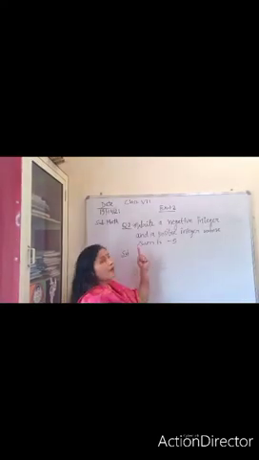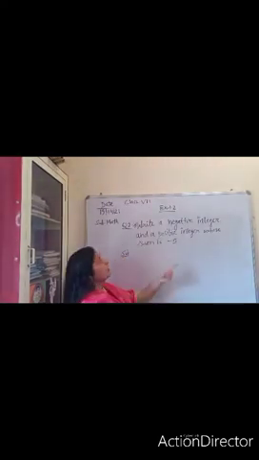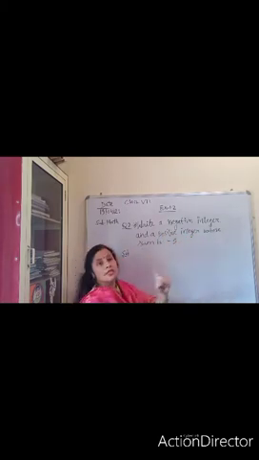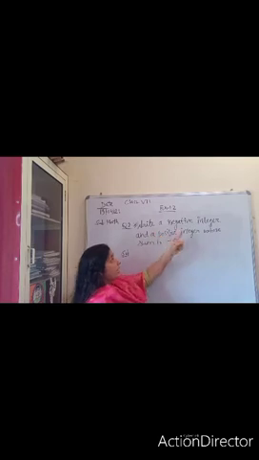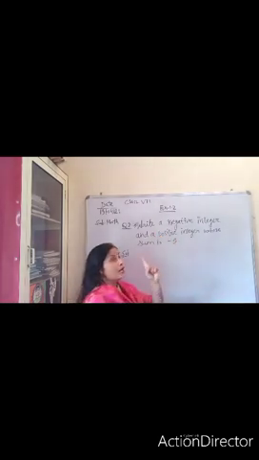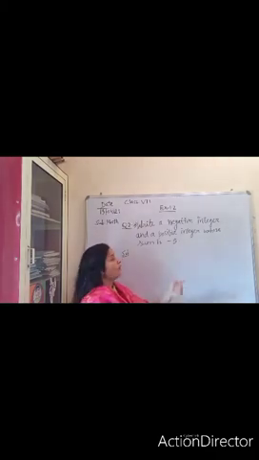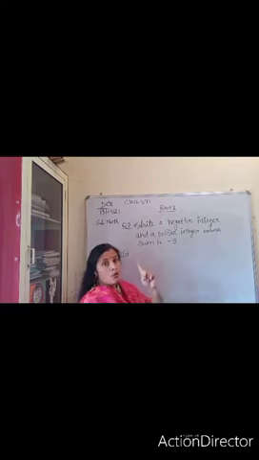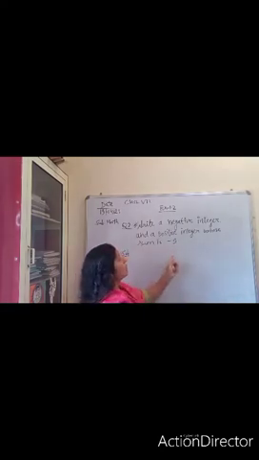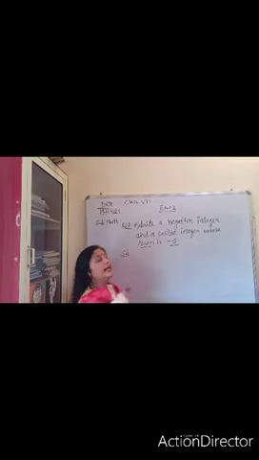Okay, now come to the B part of question number 2. Read the question. Write a negative integer and a positive integer whose sum is minus 5. Negative and positive. We have to choose a pair, first or second, anyone. Okay, we will decide it later on. 2 integers should be there. One should be positive and another should be negative. And what are we going to find here? Sum. Sum means addition. And the answer should be a negative integer.